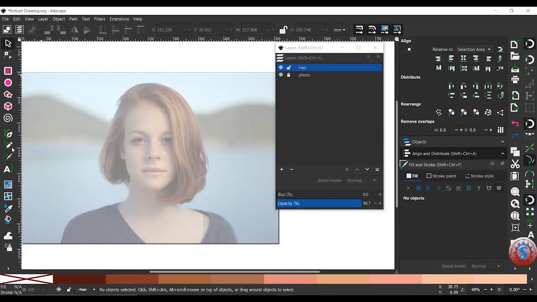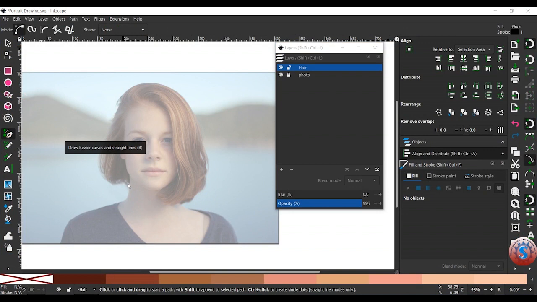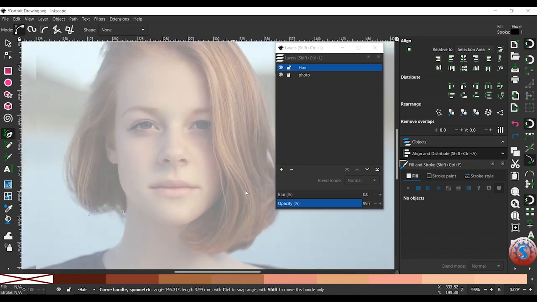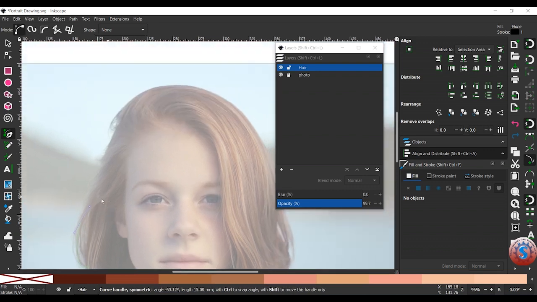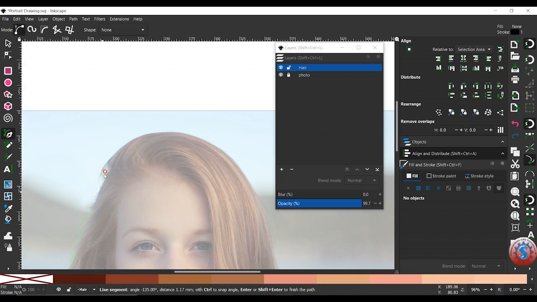I want to go into the pen tool. You can observe the pen tool, simply pen. Give the shape of the pen as none, and simply create whatever shape you want. If you go into the different types of shapes, it will not redirect. You can see different types of shapes are there in Inkscape on the pen tool. I am using only the none option, and simply give the shape you want.